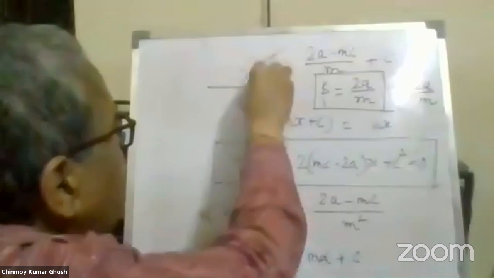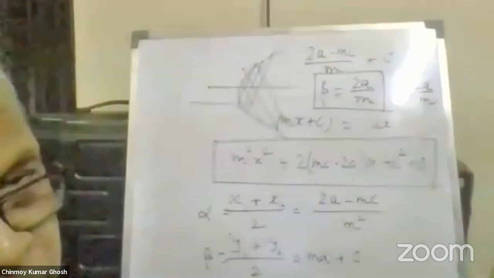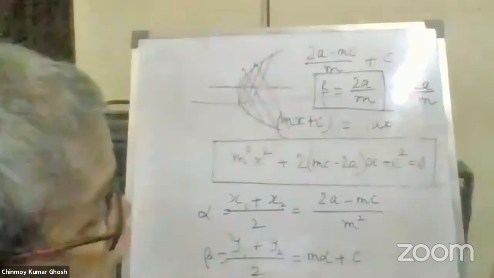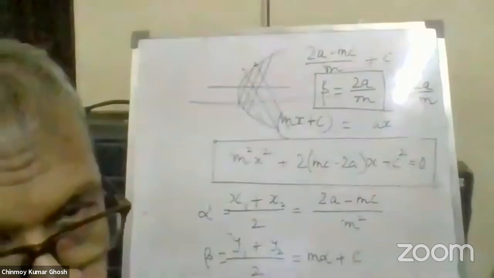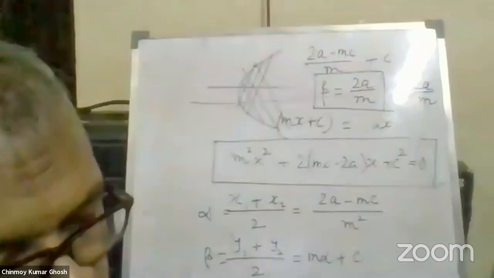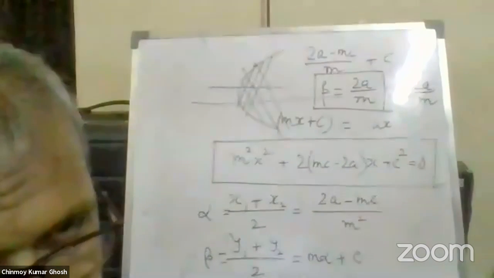m can definitely vary. Suppose you have a system of parallel chords like this. Then this would be the diameter. But that does not have to be necessarily parallel to the axis. It has to be parallel. The diameter will be parallel to the axis, because y is actually always independent of the chords. You see, m is a constant for a set of chords. So 2a by m is a constant.